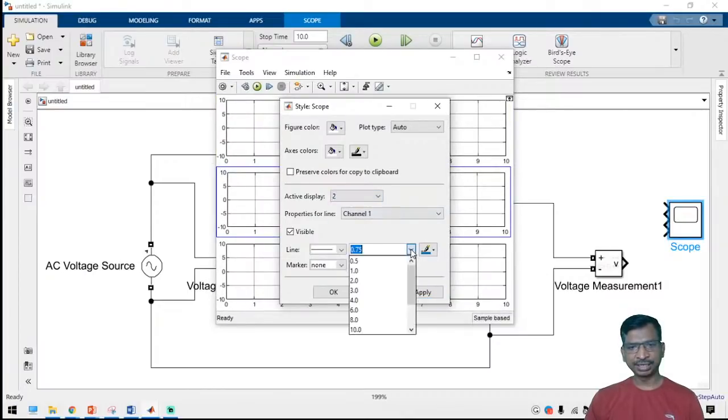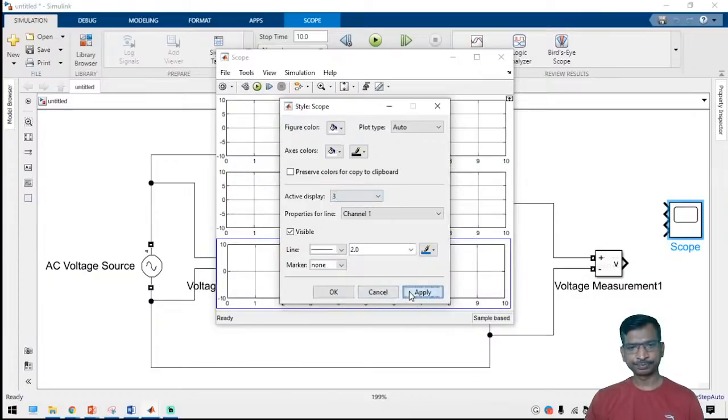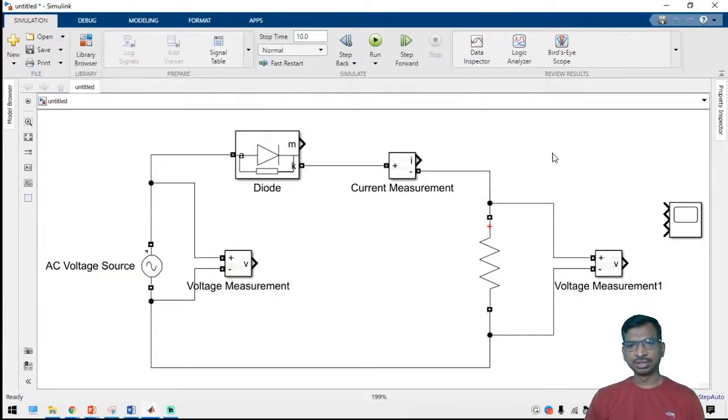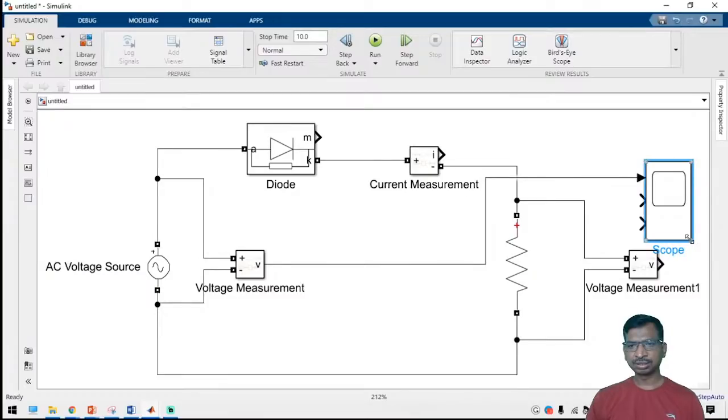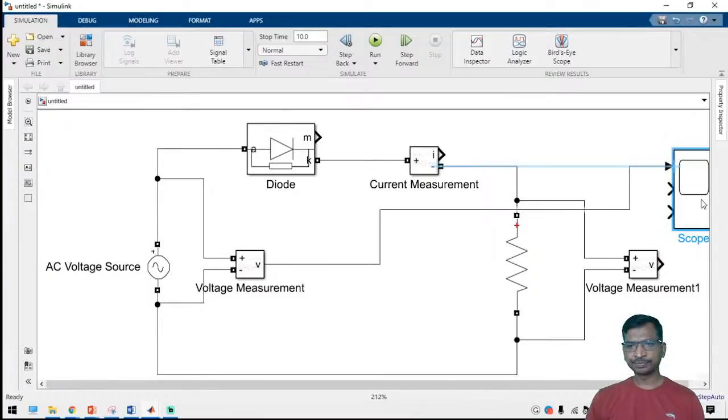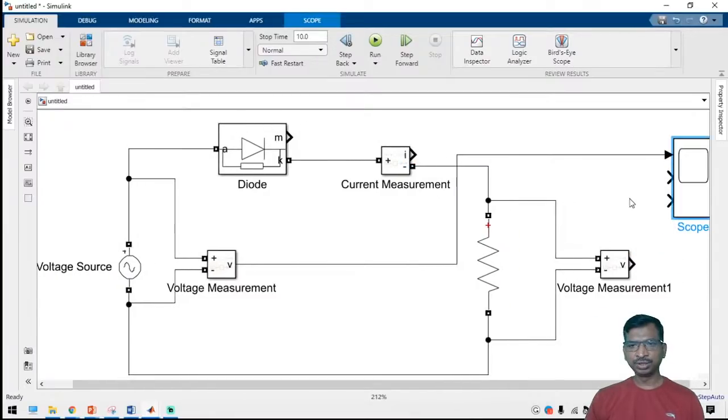And similarly the second graph and the third graph. So input voltage, and this is the output voltage and this is the output current. For this circuit, input current and output current will be the same, right?